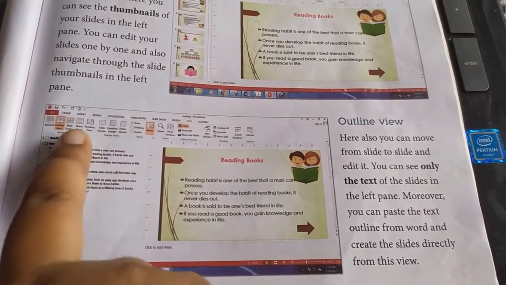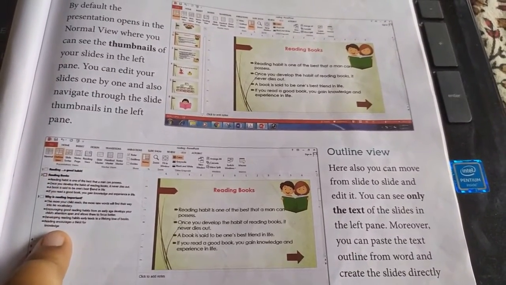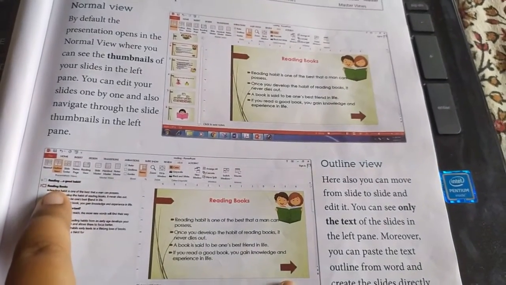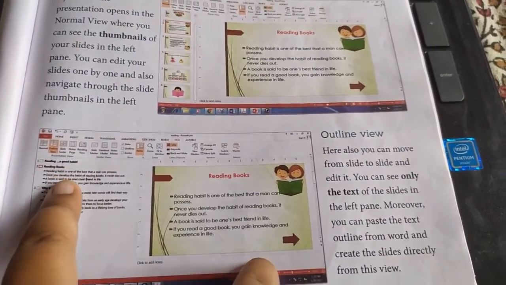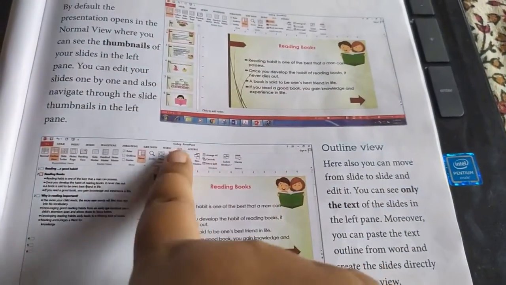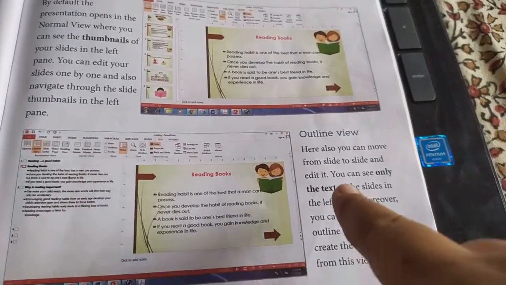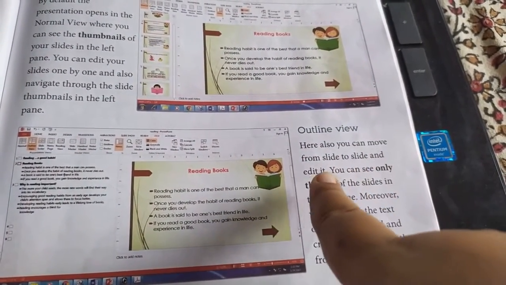Next is outline view. Outline view means in the left pane, the outline points will be shown to us. The slide, the different points inside the slide, and the description will also be given. Over here, the main slide will be shown in the right pane and the outline will be shown in the left pane. Here, we can move from slide to slide and edit it.